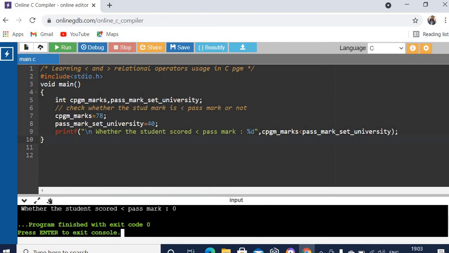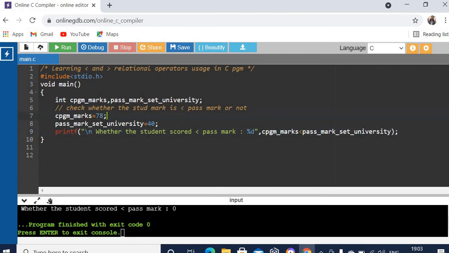The student has scored 78 marks, which is greater than this 40. So when we are checking C program mark less than the pass mark, it is false, so 0 we are printing. So when you execute this less than relational operator, that operator will return either 0 or 1.